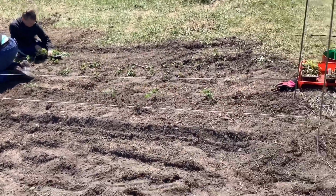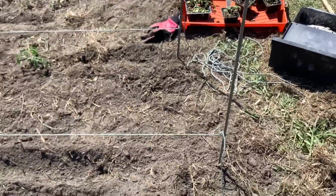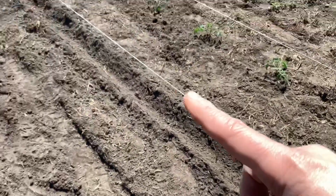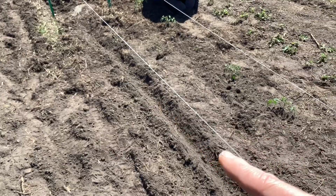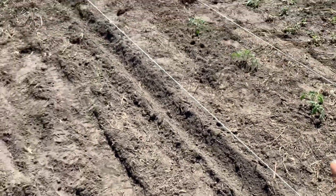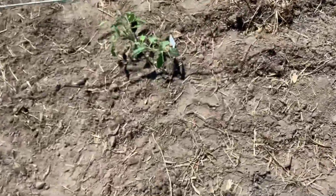And so what we did is we put these stakes in right here, and we just tied the string around them. And it worked pretty good just to take the V-shaped garden hoe, and we just drug it right along the edge of the string here, so we get some nice straight rows. So again, if you want to take a look at, we got tomatoes in,